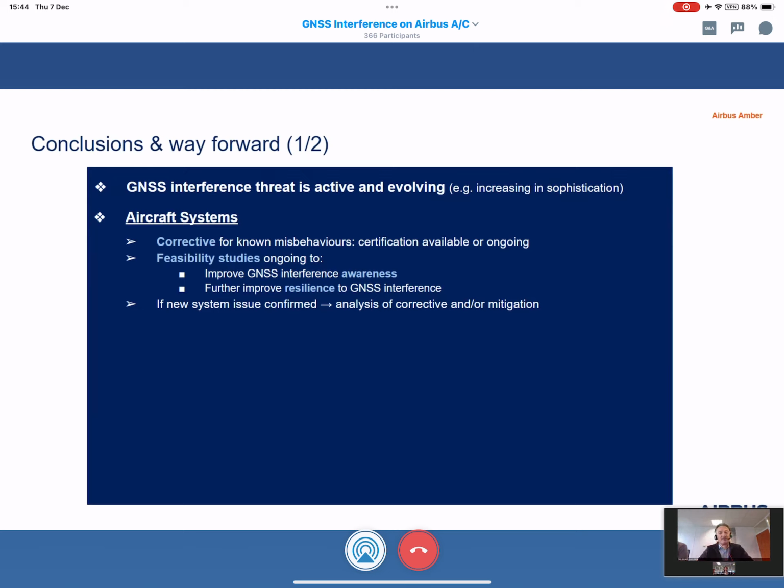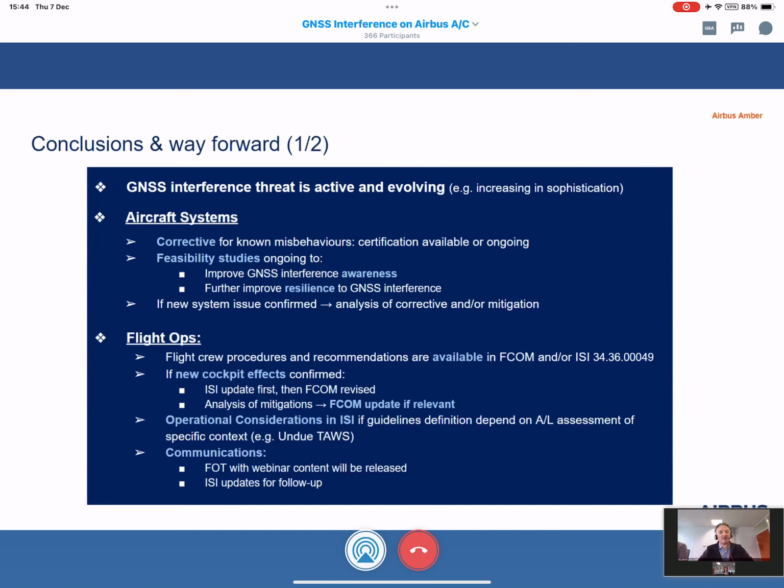If a new system issue is confirmed, of course, we will analyze and provide corrective or mitigations. We know that on aircraft system it can take time, and in the meantime, the flight ops mitigations is important, and we receive many requests from new operators, and we know your expectations are high.